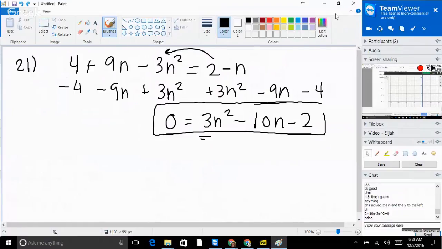Okay. So now what you want to do is figure out your A, your B, and your C. So A is going to be 3, or in your case, maybe negative 3, right? B is going to be negative 10, and C is going to be negative 2. In your case, those might all be flipped, and that's okay. It'll work out when you do it. So the quadratic formula is just a plug in, right? x equals,